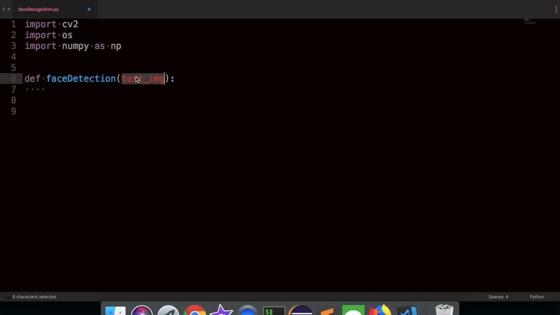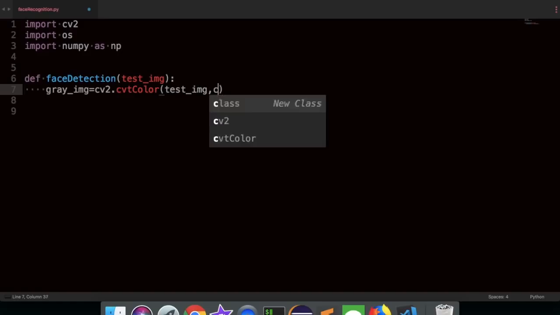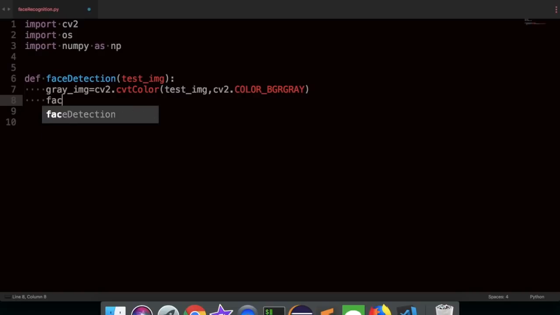So this face detection function takes a test image which has been already loaded using imread of OpenCV, and let's convert this image to a gray image because our classifier takes in a gray image, because it doesn't matter whether the image is colored or black and white to detect a face. So we want to remove that distracting feature, and cv2.COLOR_BGR2GRAY is how you convert the image to a gray image. And then let's name our